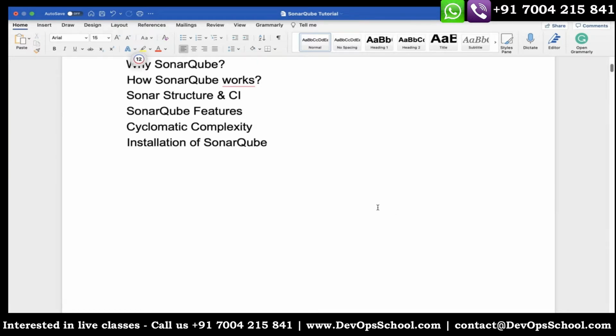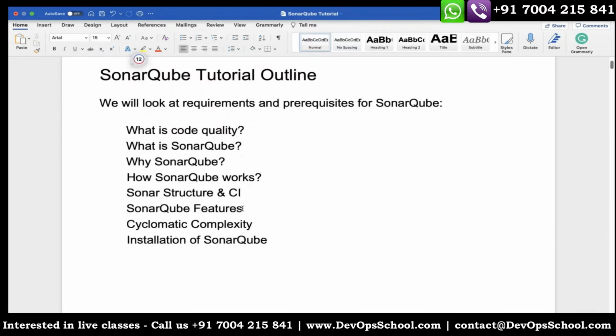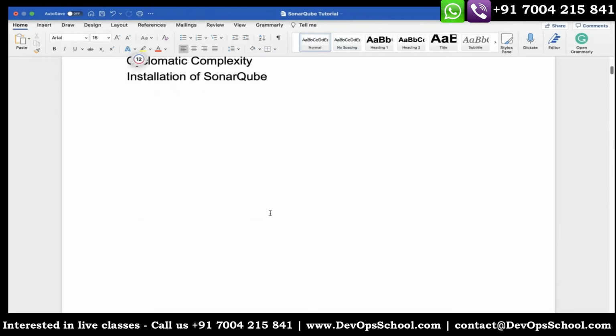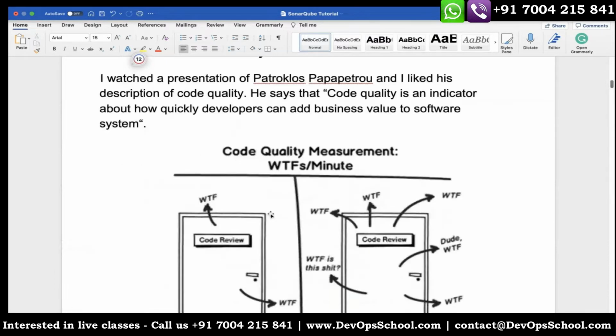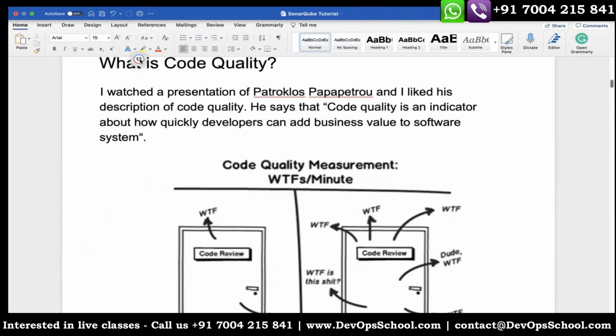So let's start with code quality. What is code quality? When we talk about code quality, how can we define whether some code is good or bad? Because when there is a question of code quality,